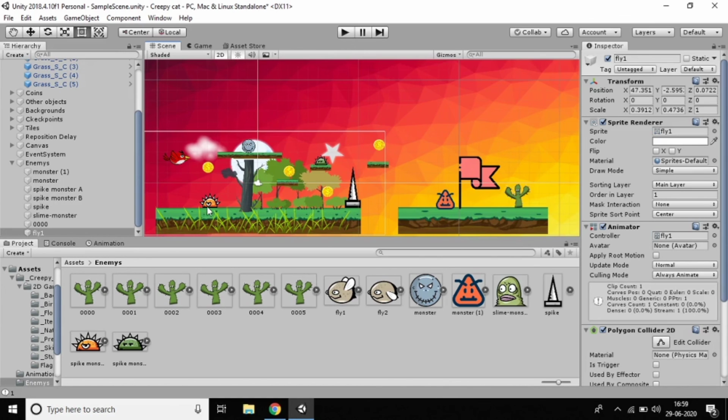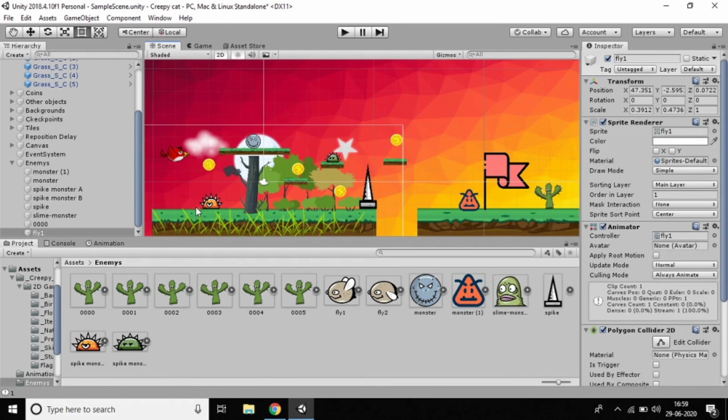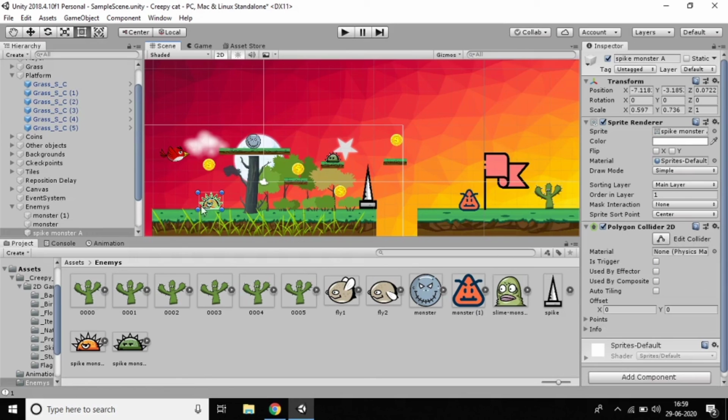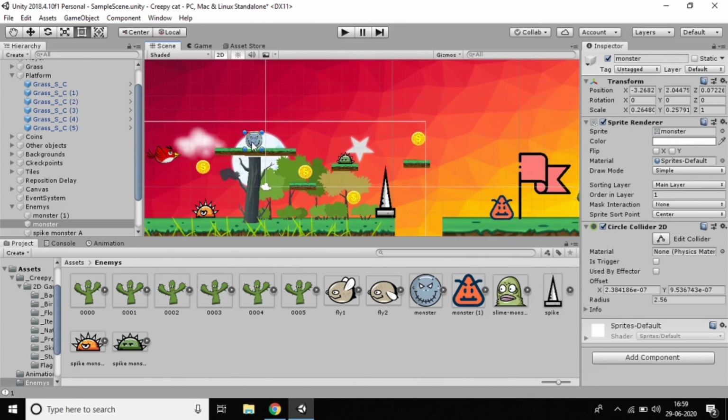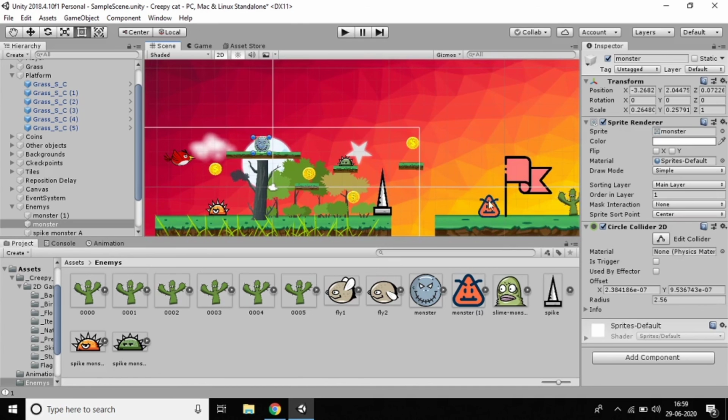Now I'll come with another video where, if the player touches the enemy, the player will automatically be destroyed. And also in that video, the player will move horizontally along this platform, and the enemy will move vertically along this platform. You can observe it in the coming tutorials, that is very clear.